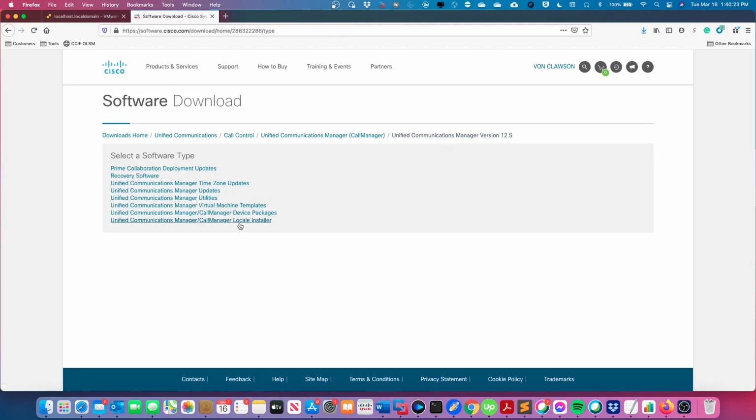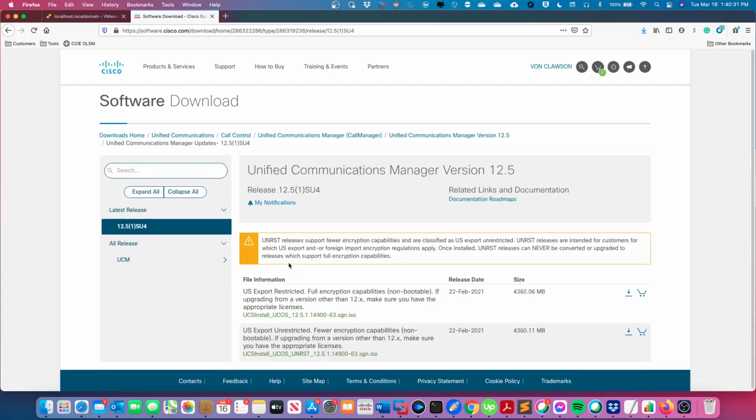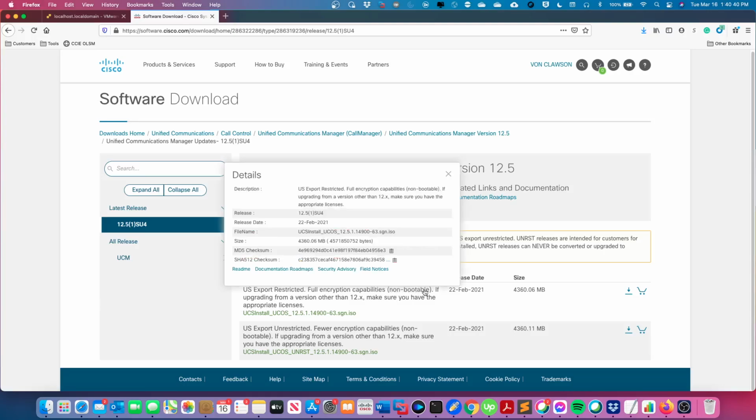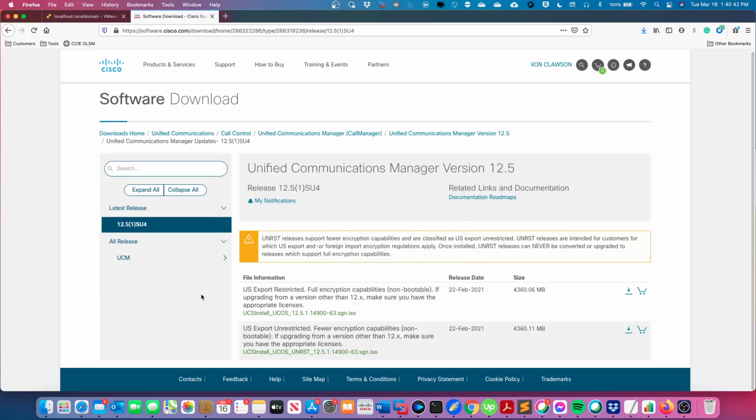Next, you want to look at the actual ISO image. Now, again, the ISO images that are on Cisco.com are not bootable, okay? And so you will need to make them bootable, as it says right there. It is non-bootable. So again, I do have a video showing how to make an ISO image bootable. I'll link that here, so that will show you how to make this image bootable so that you can use it to install